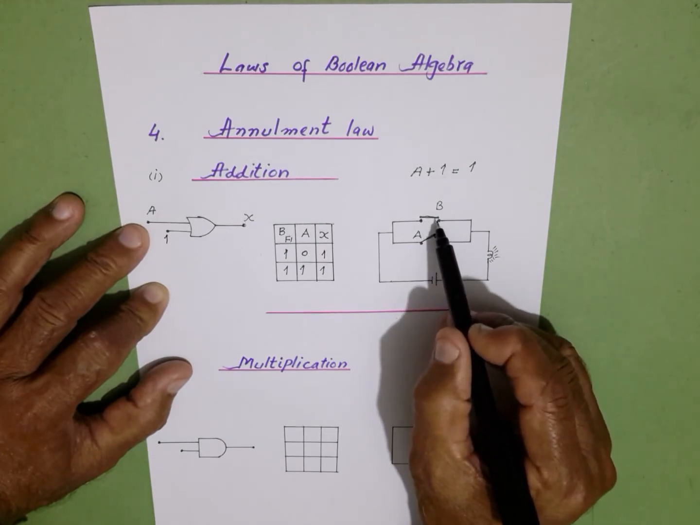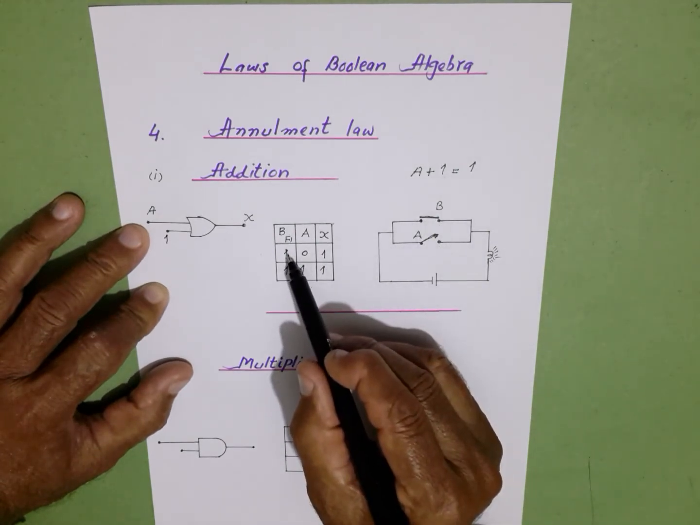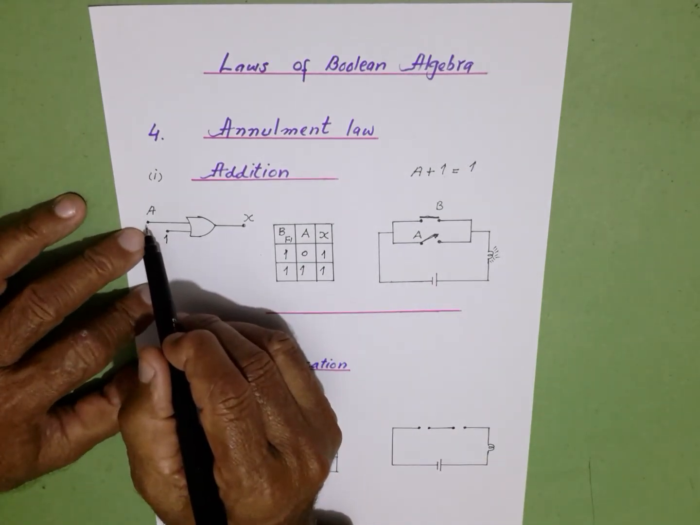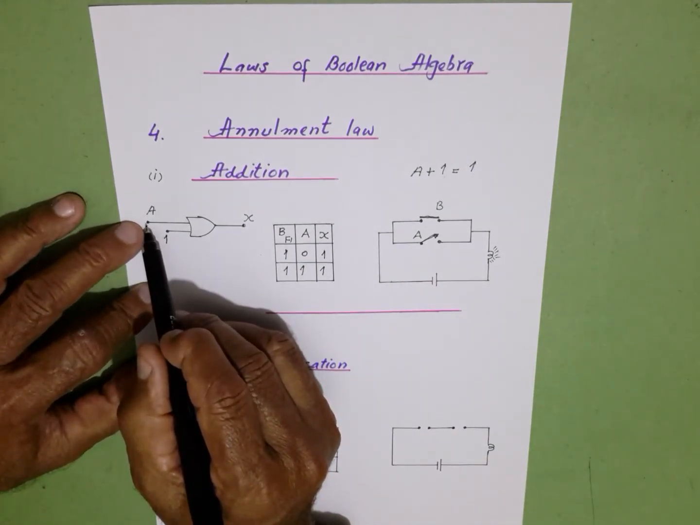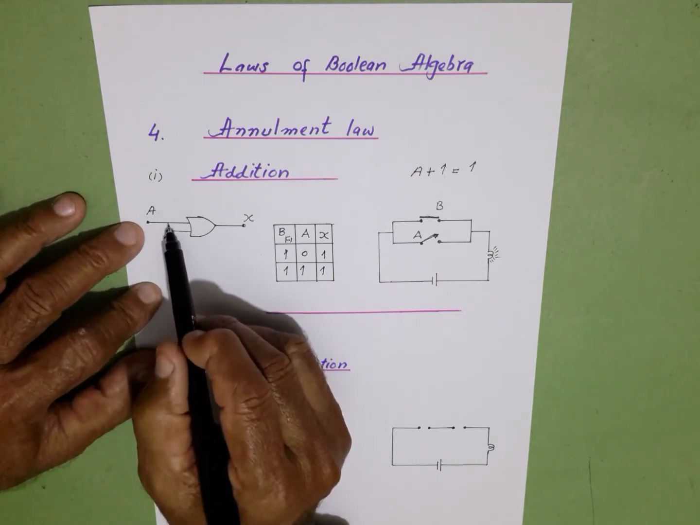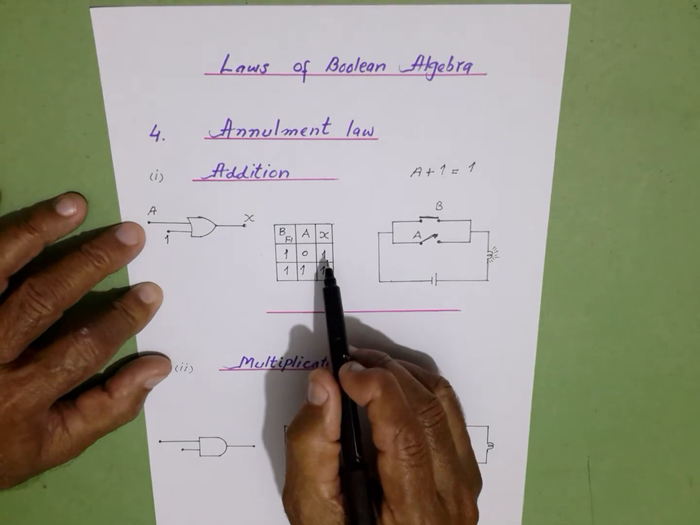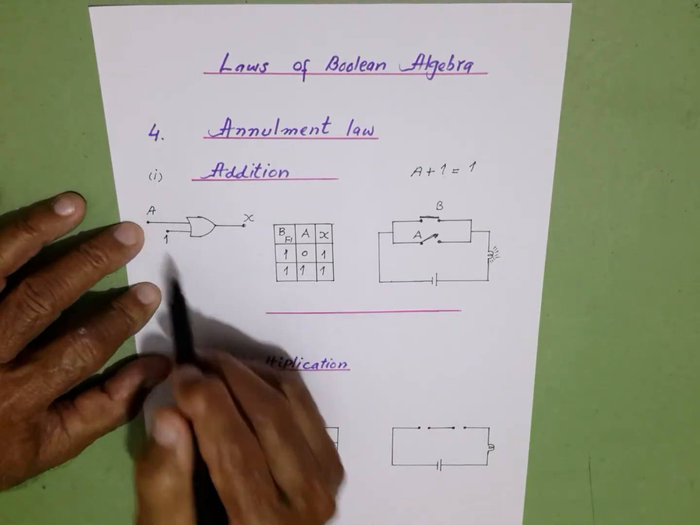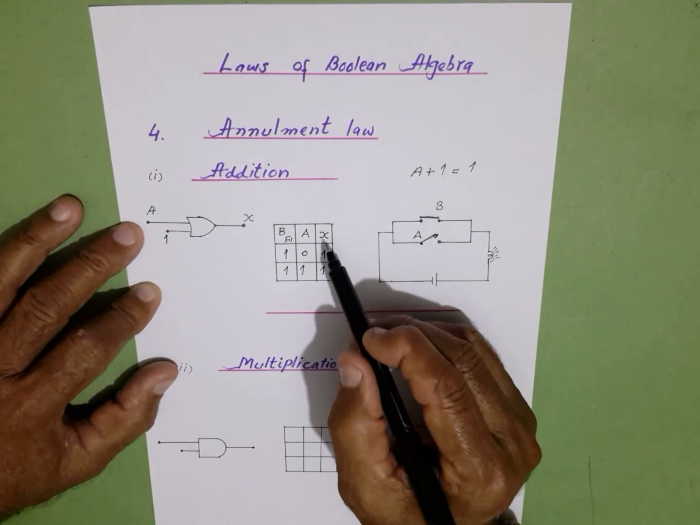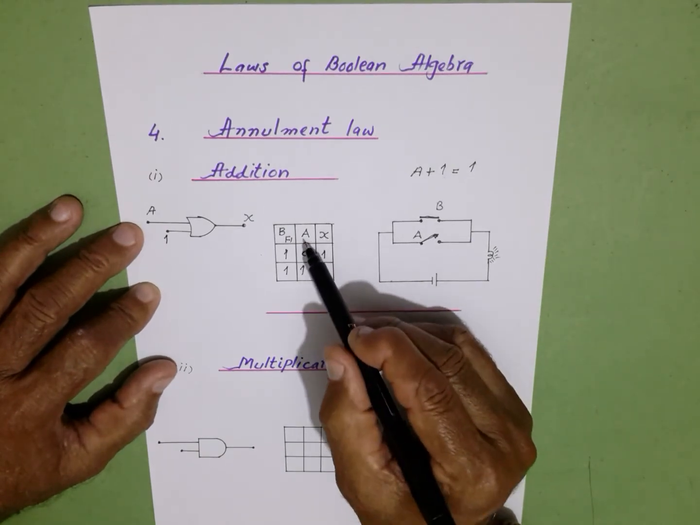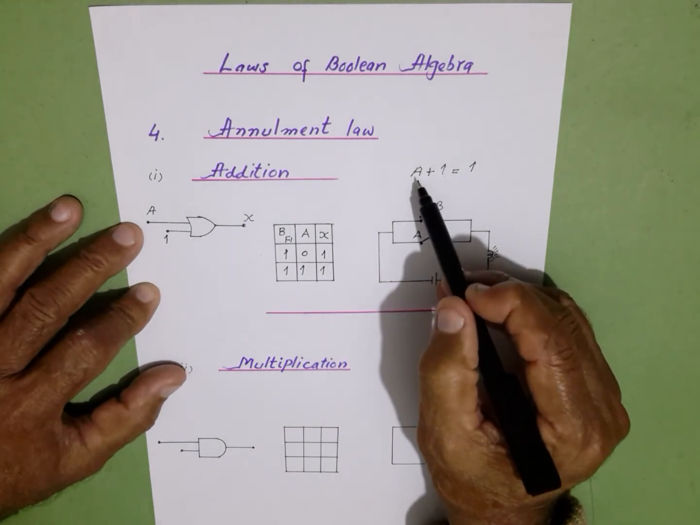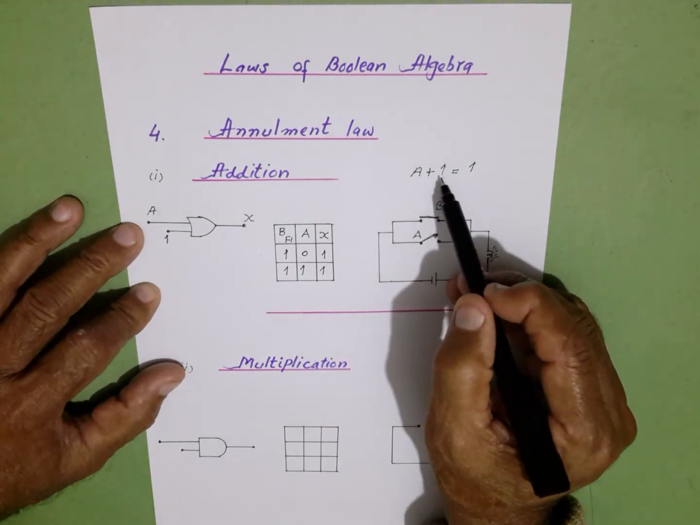Closed switch is representing 1. It is 1 here. A is the second input to the OR gate. Say if it is 0, the OR gate gives 1 plus 0 is 1. And when A is 1, 1 plus 1 is 1. In both cases, when A is 0, output is 1. When A is 1, output is 1. And we have proved that A OR 1